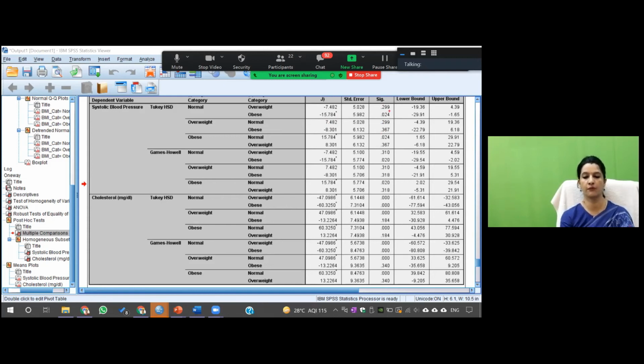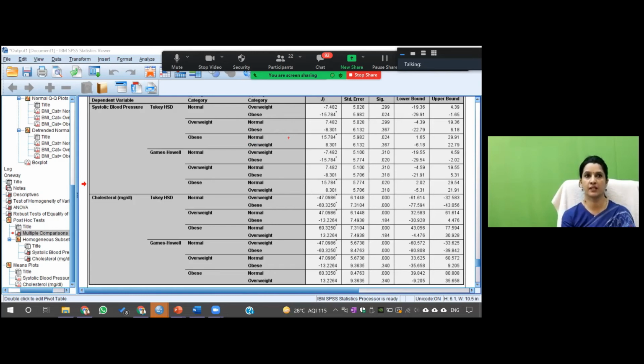So I'll look only at those pairwise comparisons. This is the same 0.024. This has done normal minus obese, whereas if you see obese minus normal, it will give you the positive one. It is only about which value you are deducting from which value. That's why these two are the same, 15.75 and 15.75. The only difference is the minus sign, because in the first one, it has done normal minus obese, and in the third, it has done obese minus normal.